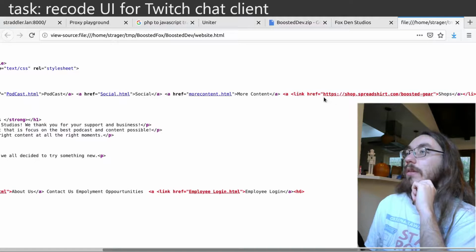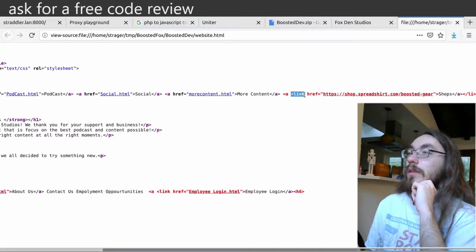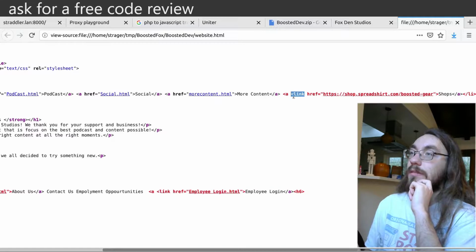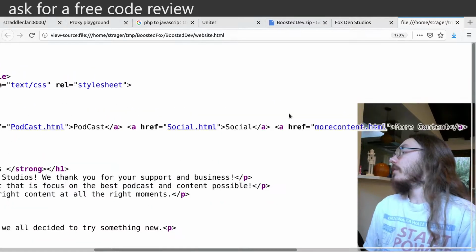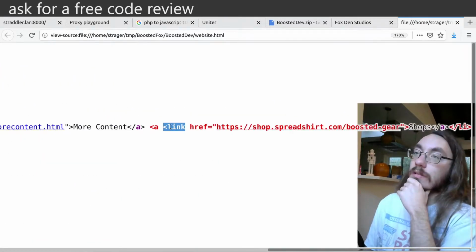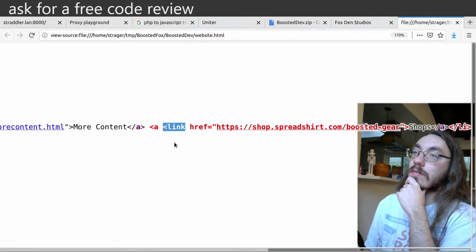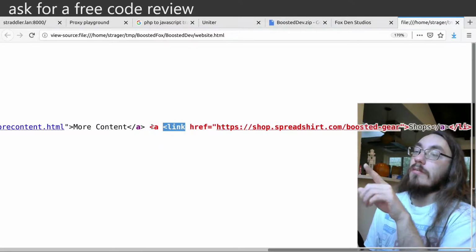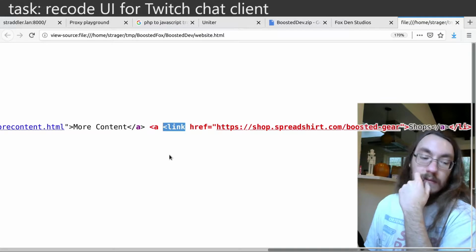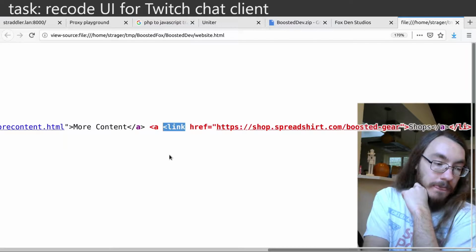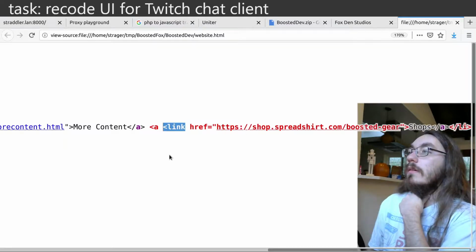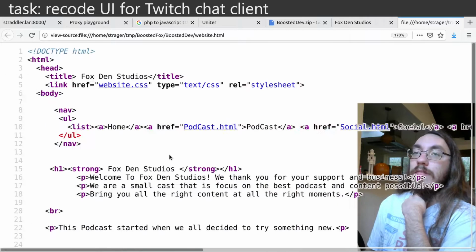So the only problem you have here is this stray left angle bracket link. If you delete this text that I'm highlighting right now, maybe make it bigger so you can see it, then this problem goes away, and Firefox won't show this as red. And I think if you fix that,